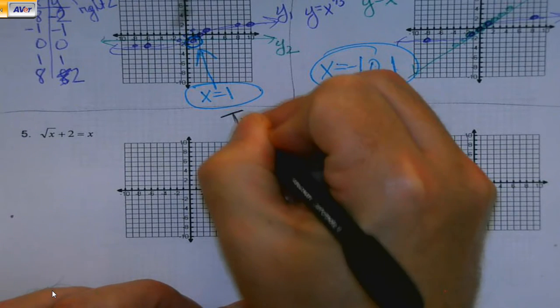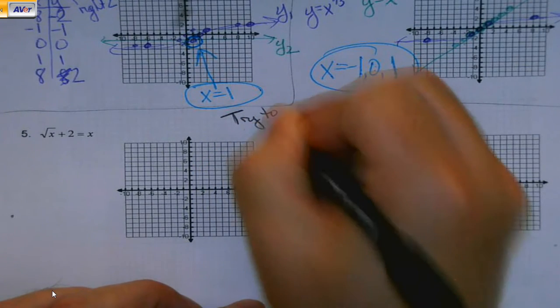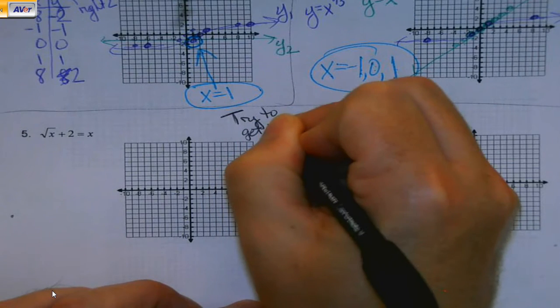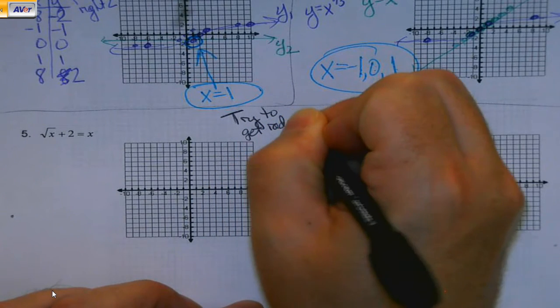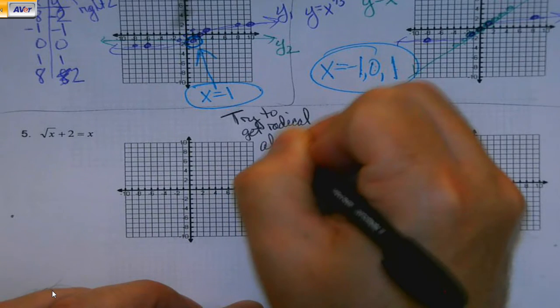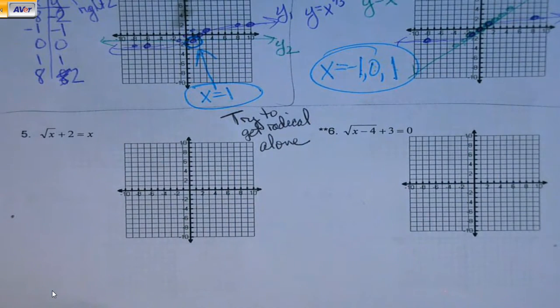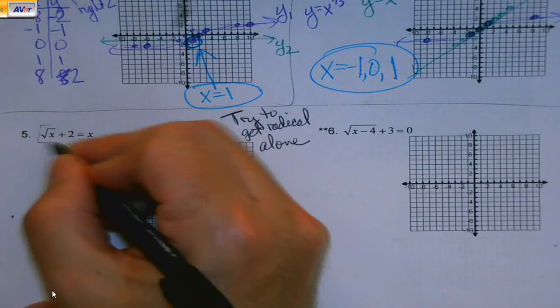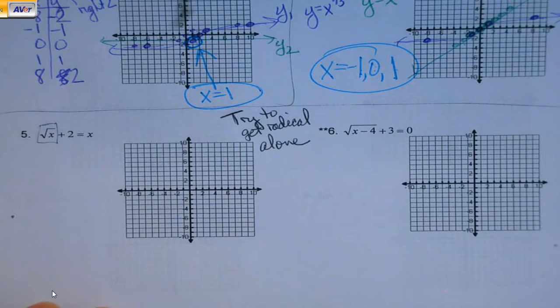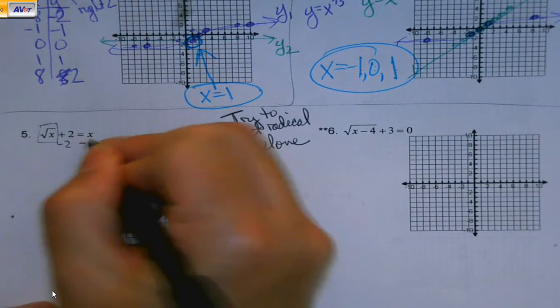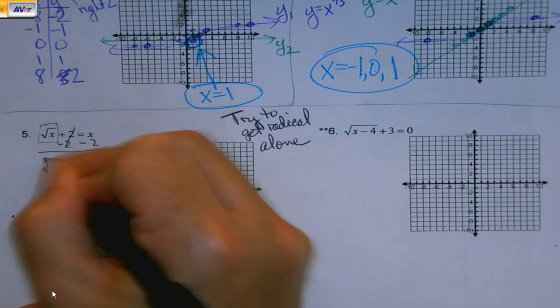We're going to attempt, whenever we can, to get the radical alone by itself on one side. It's just going to make our lives easier. So in this case, here's my square root of x. If I want to get that by itself, I'd subtract the 2 to the other side. So if I went that route,